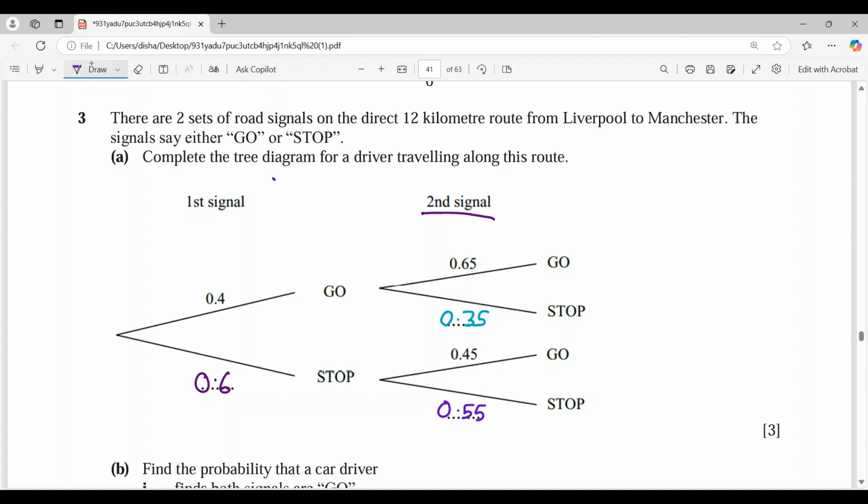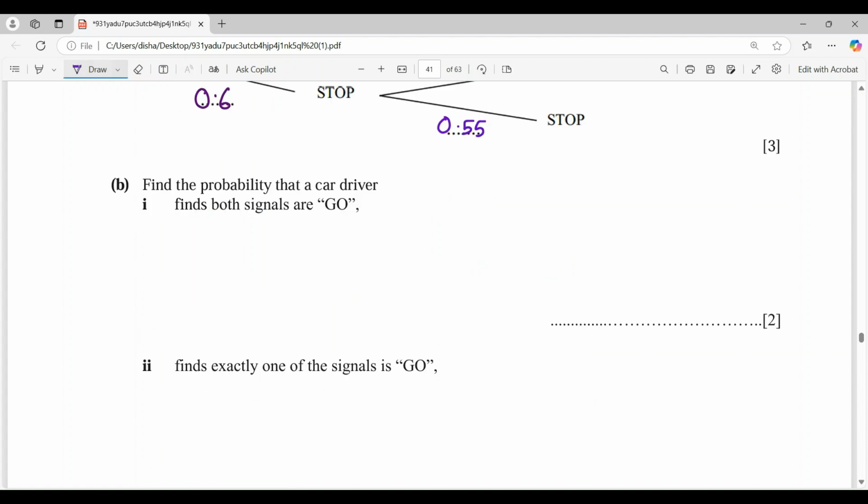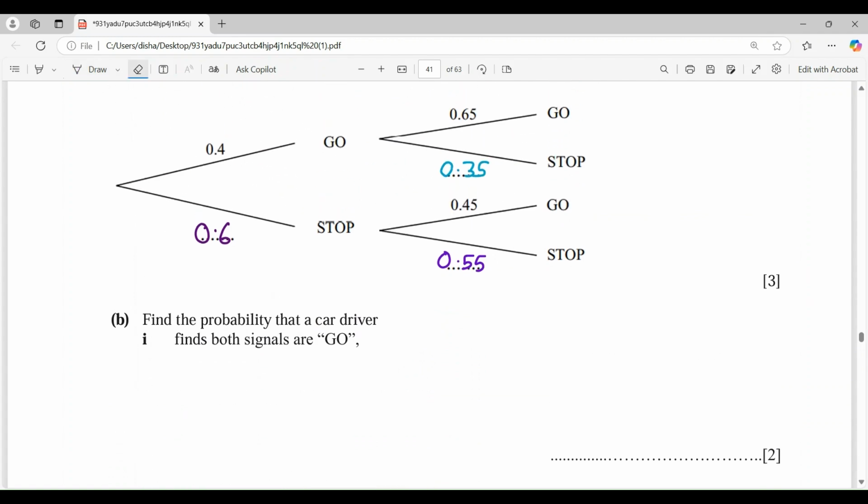Now, let us see the question. B part, find the probability that a car driver finds both the signals as go. So that will be,